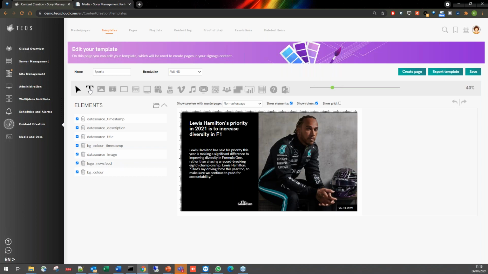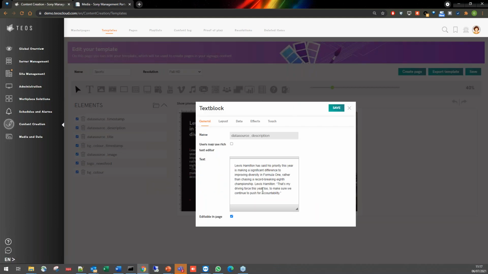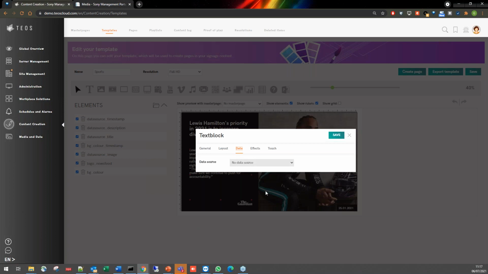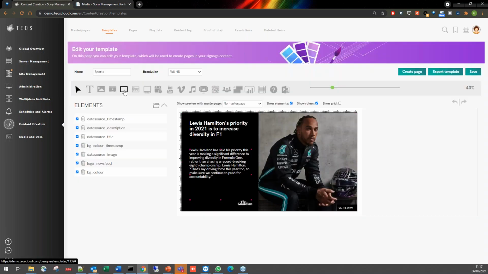Inside the template, the philosophy is that with this bar, you select all the different elements that are available. We have a text block, images, and videos. A video can be a stream URL, from a UDP stream, an HLS or RTMP stream. Images and text can be static, or they can be external data that is synchronized and automatically refreshed as soon as you have new content.